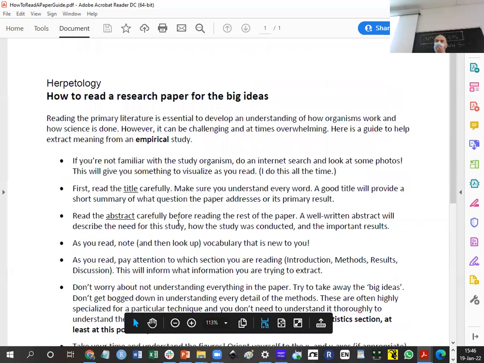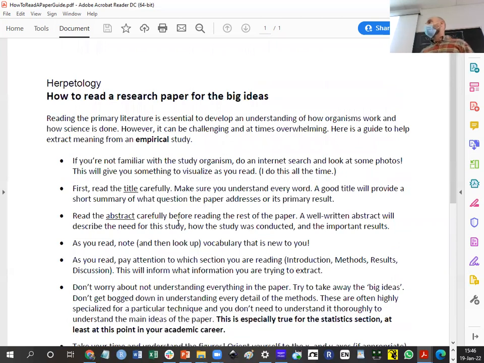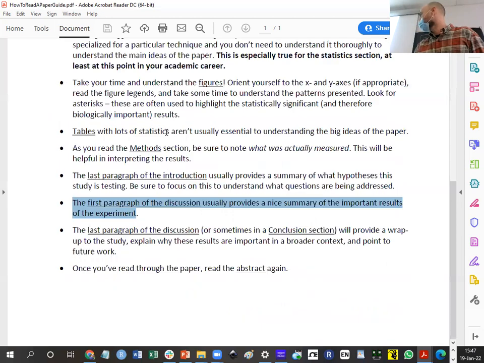I don't want reading the primary literature to become a really intimidating chore. And I think the best way to approach it is to understand that you don't need to understand every single detail. I read this paper yesterday and there are, again, parts of the stats, like I don't know how to do some of those mark-capture things that they're talking about, but I don't need to because they're telling me what the result is, right? And that's what's important. We want to learn about the biology of these organisms and how we can get that biology out of these peer-reviewed papers.